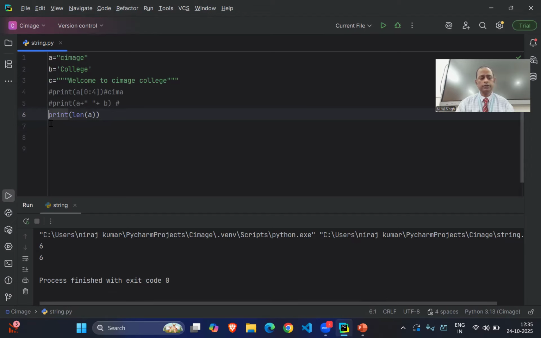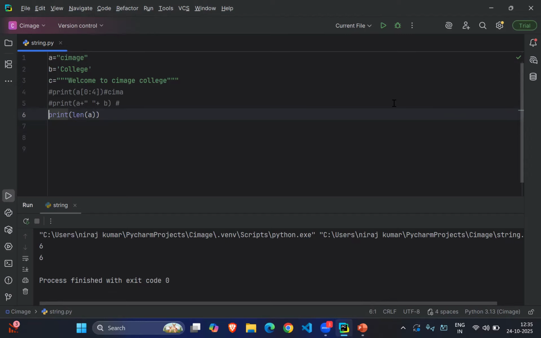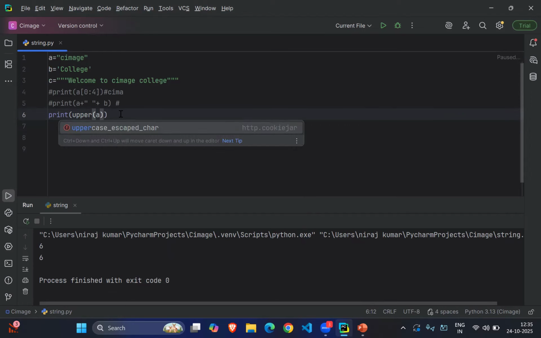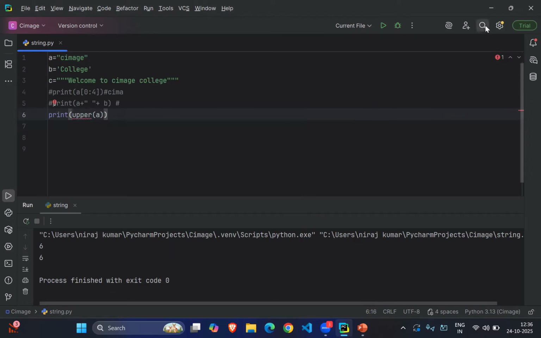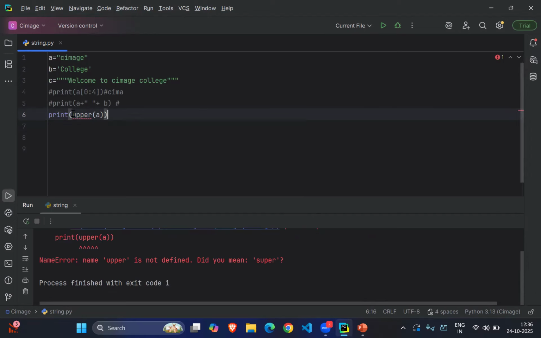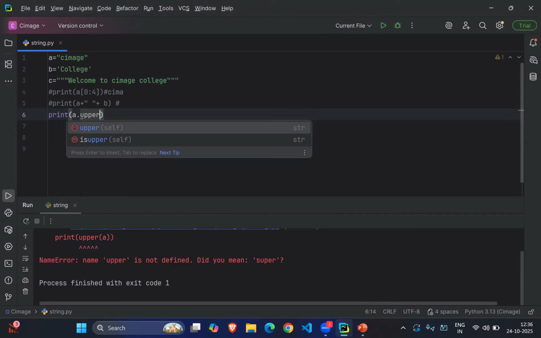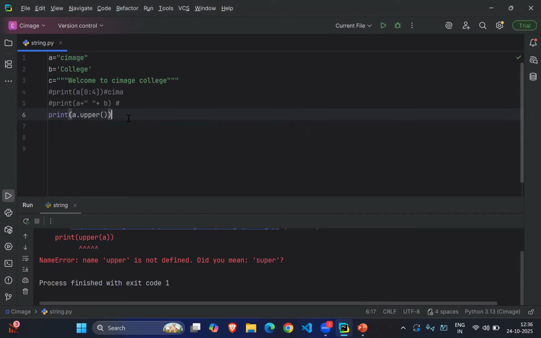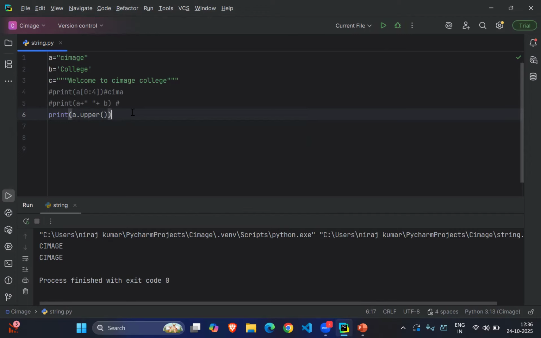Other functions we are going to use convert to uppercase and lowercase. How can we perform the operation? With the lower function and the upper function. If we want to convert to upper, we write it this way, a dot upper, and run this program and you will get the uppercase.